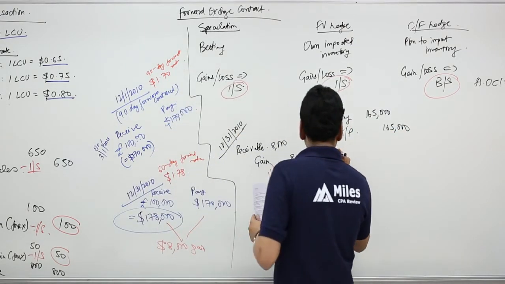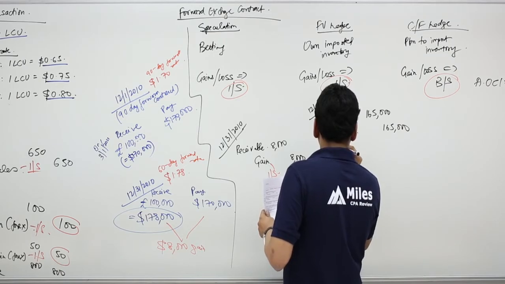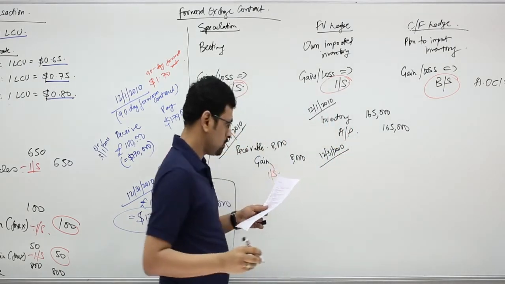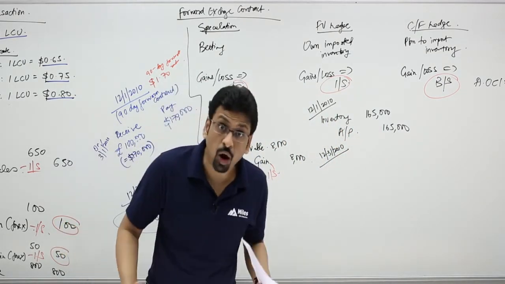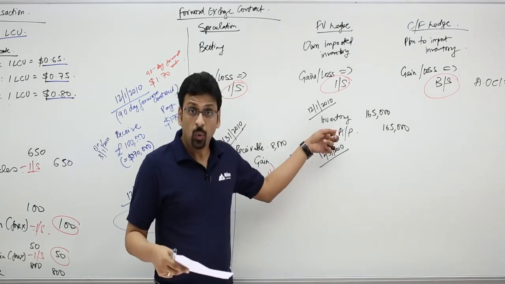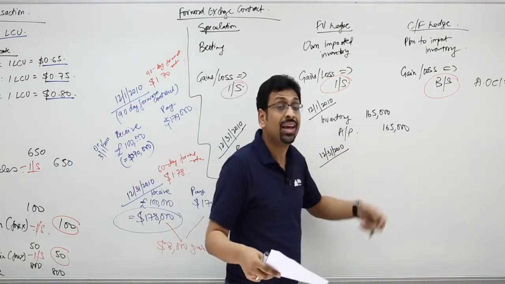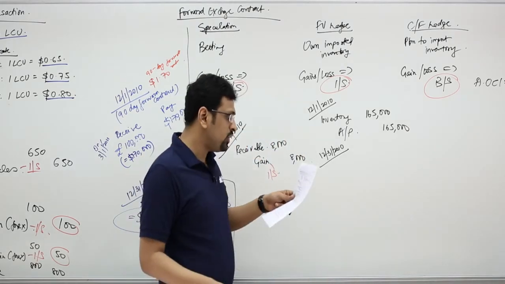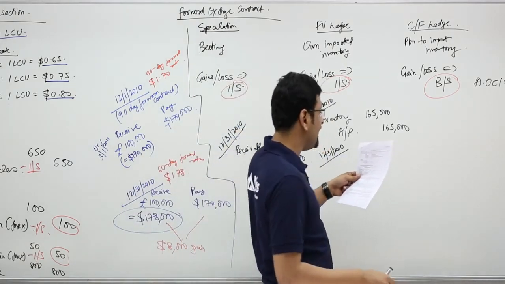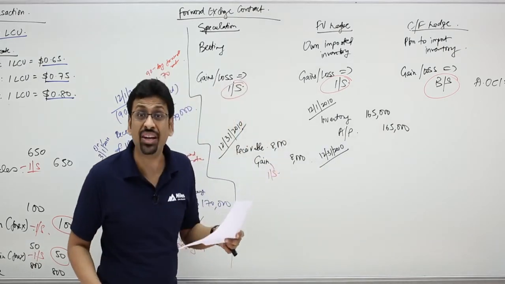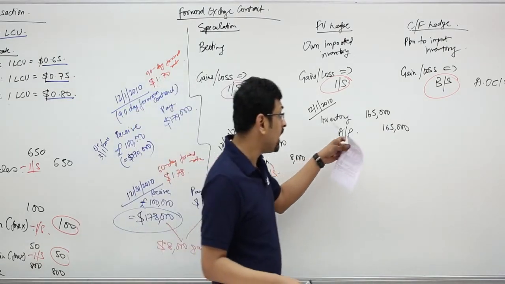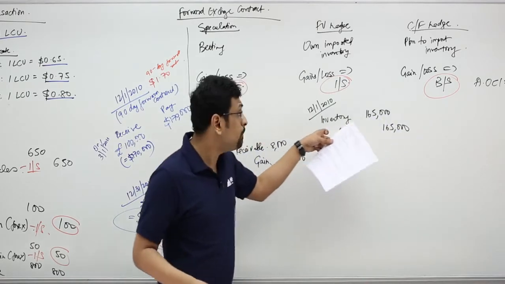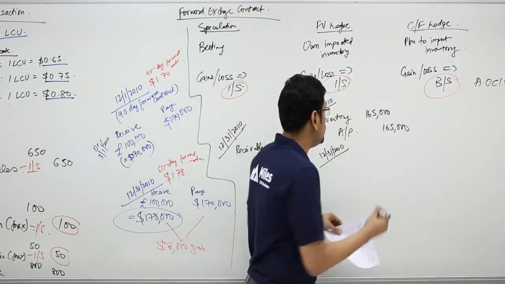Now on 31st December, again, we look at the spot rate to check if the accounts payable is still worth $165,000 or something else. So the spot rate on 31st December 2010 is $1.75. So guys, this accounts payable which is on the books at $165,000